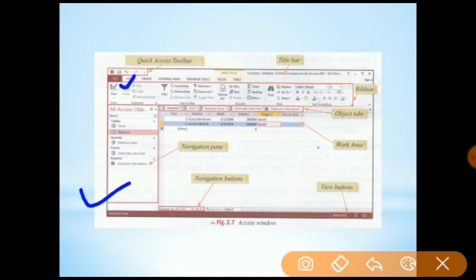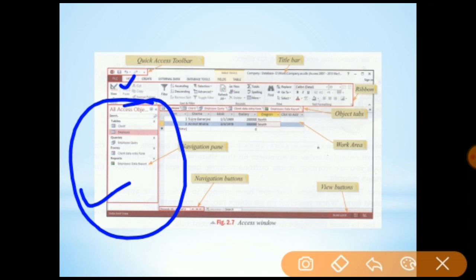And this is our navigation pane. Navigation pane basically navigates us to which kind of tables we are having, which kind of data we are having, queries and reports, all the things that you will create will show here only, right? Next is navigation button. Navigation button is used to create your navigation values, right? Next, your taskbar. This is your taskbar where all the tasks are given. View button will show you the name of your basic folder, the work area, to create our data, right?